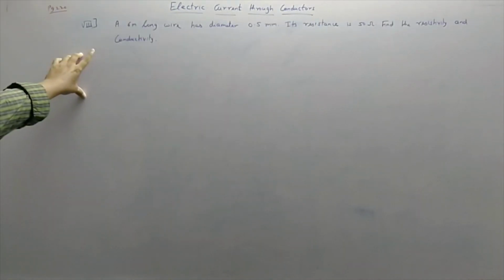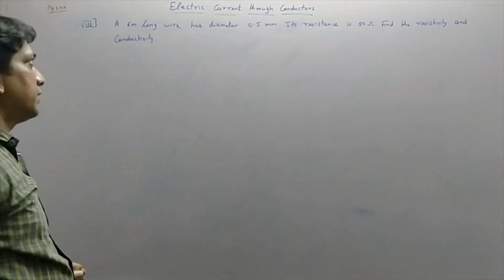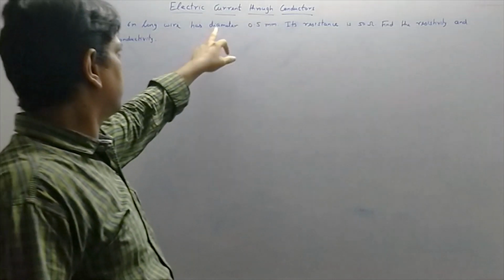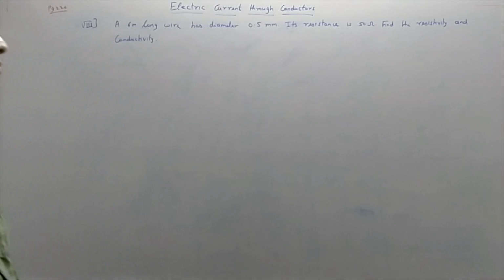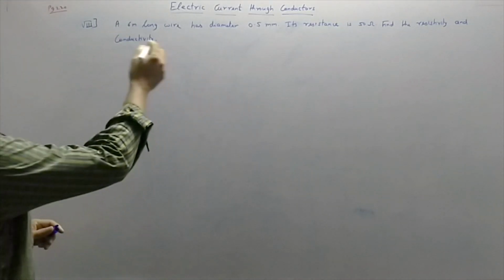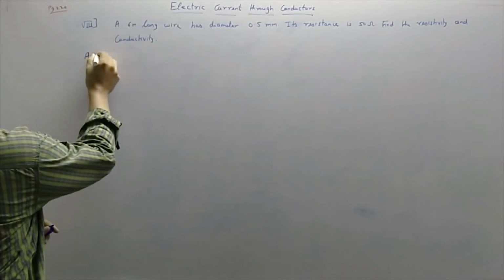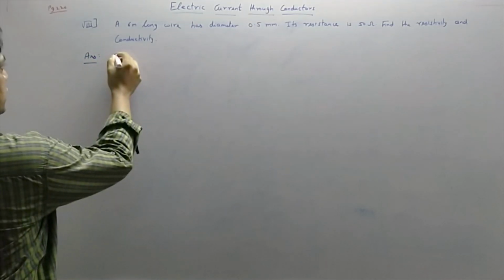Problem number 8. We have a 6 meter long wire whose diameter is 0.5 millimeter, so we will find the radius. Its resistance is given as 50 ohms. Find its resistivity and conductivity. To find resistivity, that is rho, and conductivity. So what is given to you is